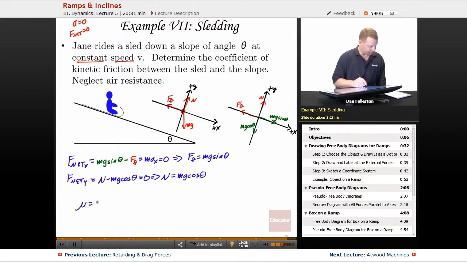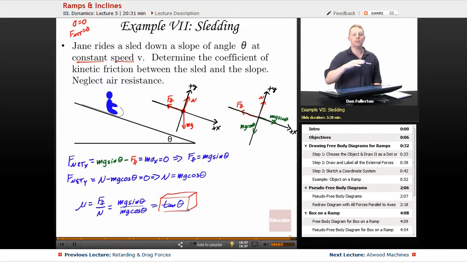So the coefficient of friction is the frictional force over the normal force, or again, mg sine theta over mg cos theta, which is just tangent of theta. Almost the same thing you just did. Why is that? Well, before, when it's just barely beginning to move, on that previous problem to find the coefficient of friction,